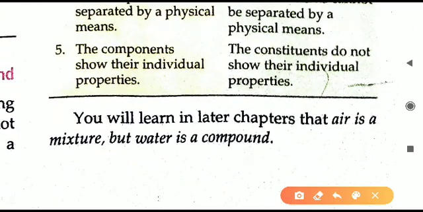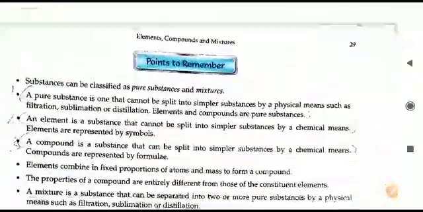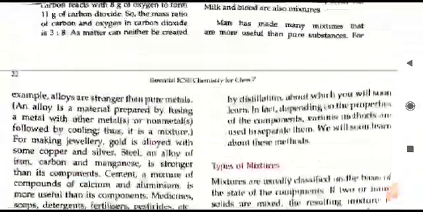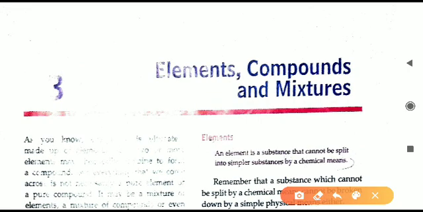Last one is the components show their individual properties in the case of mixture, but individual properties are lost in the case of compound. How it is done we have seen in the properties of compound in detail, I have explained there. So that is all about this chapter. We have finished this. No need to do the exercise part because this chapter is not in the syllabus right now, but because we have already started the chapter, I did not expect it to be stopped in the middle only. So I have just completed all the topics here. So that is all for today's class.